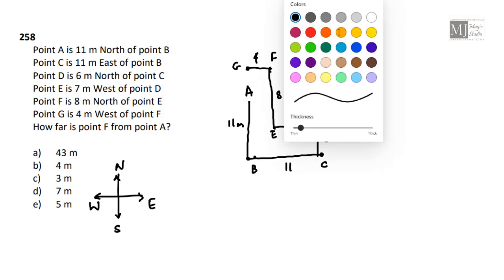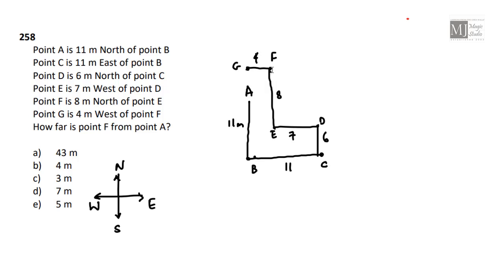How far is F from A? We need the shortest distance. If we can see, G and A are in the same line. G and F are making 90 degrees with each other, and we have joined this. This is G, F and A. Distance between G and F is 4 meter, and distance between A and G is 8 plus 6